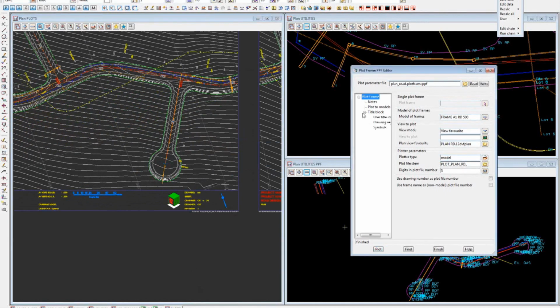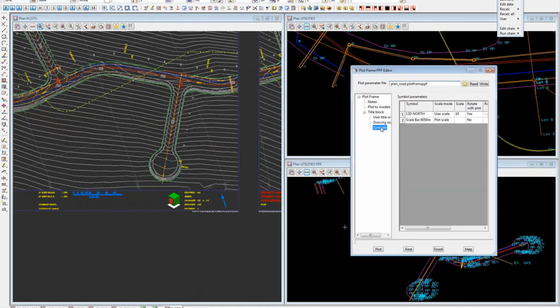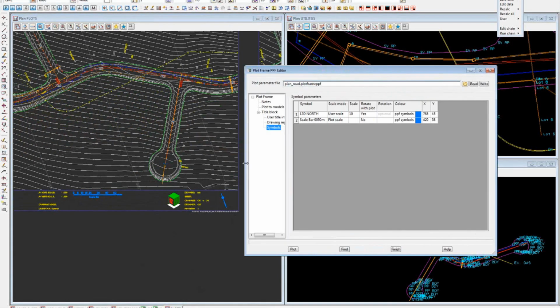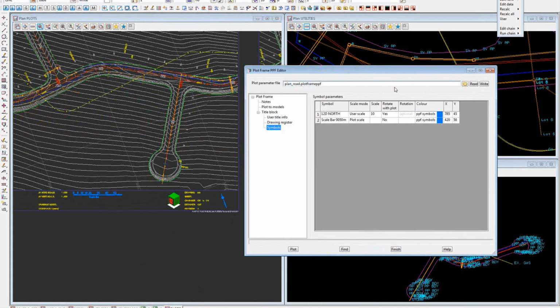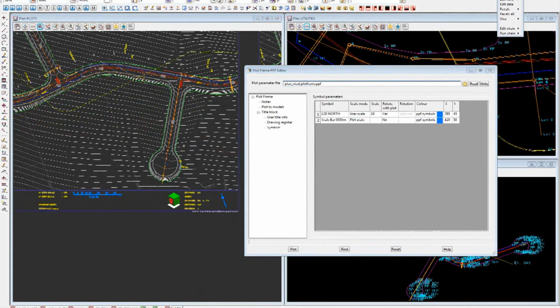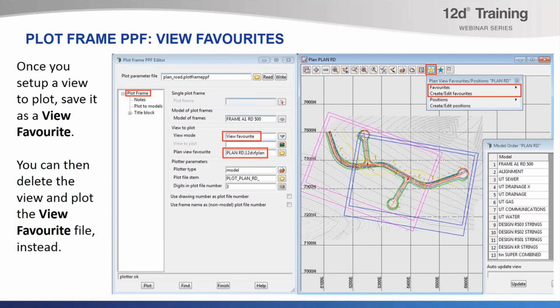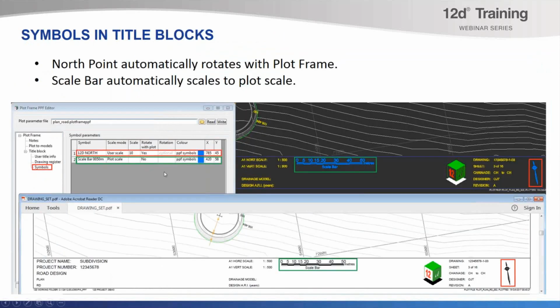And here we can see it's also showing a scale bar on the north arrow. That is done under the title block symbols branch there. So just a little bit about things you can do with the plot frame and the view favorites, and also these symbols. I'll go back to the PowerPoint because that's the next slide, in fact,